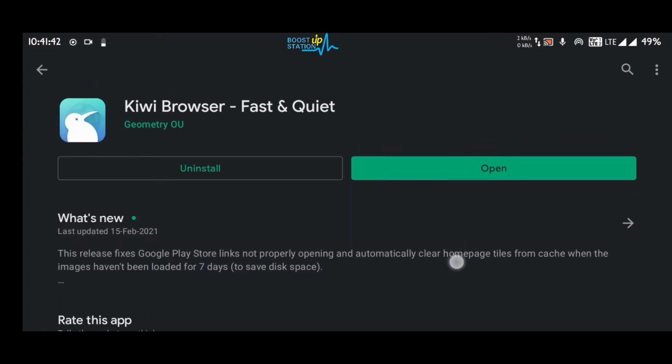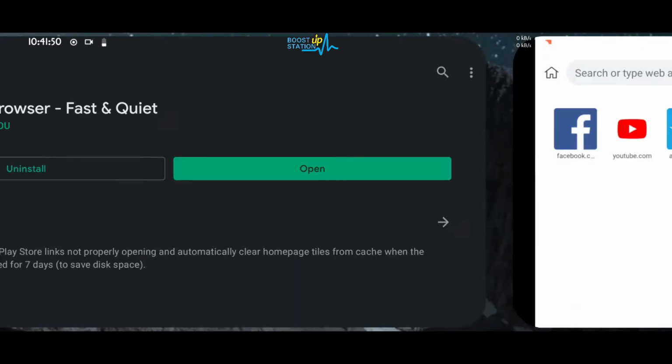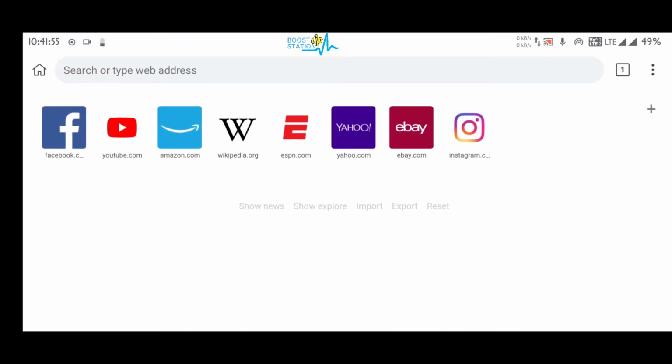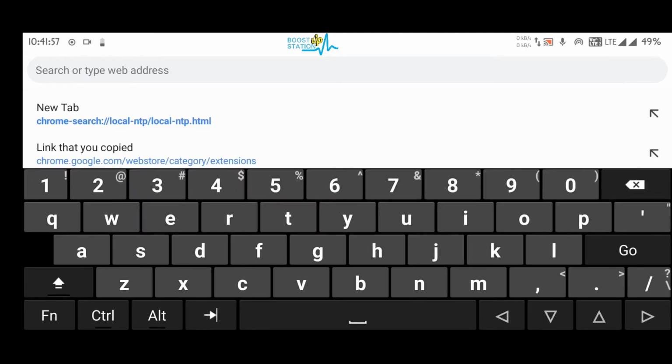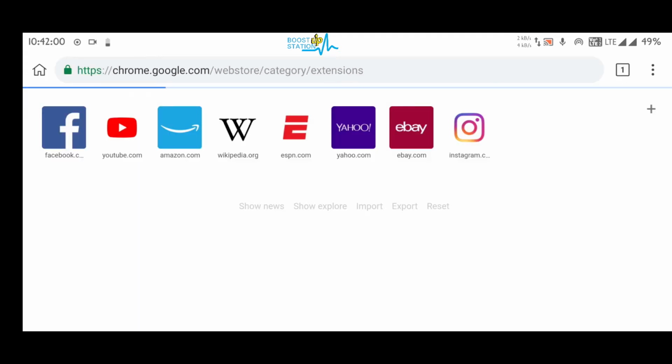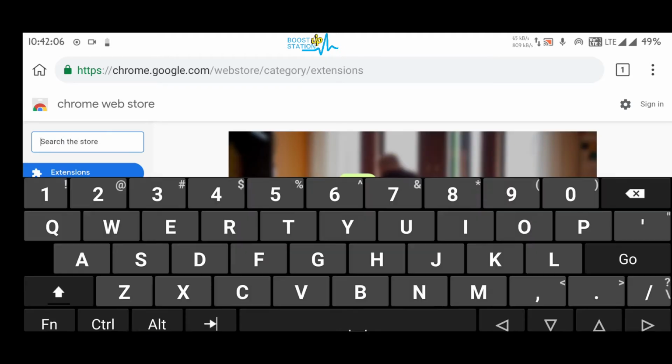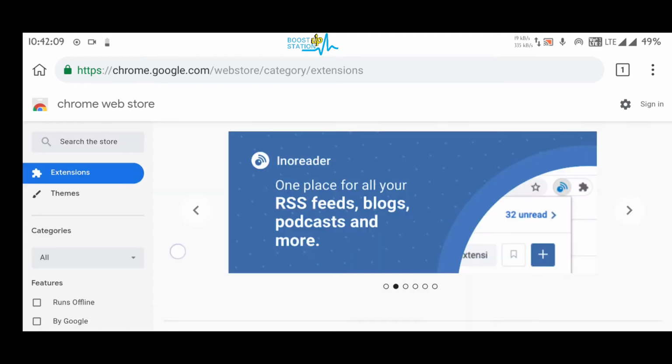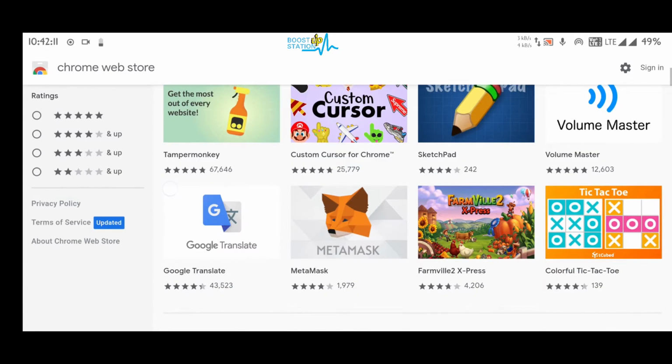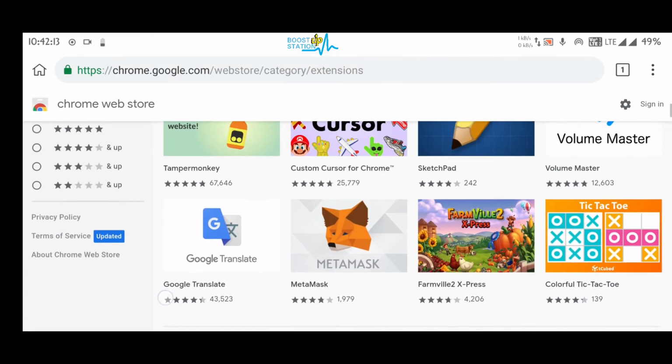So install this browser from Play Store. Link will be given in the description. And after installation, open it up, the Kiwi browser, and go to Chrome extensions. Its link will also be provided in the description. And now you can search your extensions here, or if you want to check manually, then you can go down,